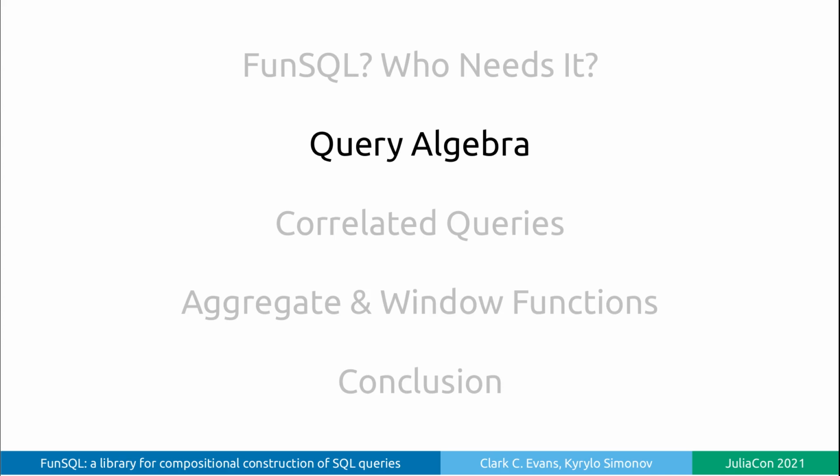I will assume that you are familiar with SQL and will not explain the semantics of particular SQL operations. However, I'll describe how FunSQL query objects are translated into SQL, especially when this translation is not straightforward. In many cases, FunSQL significantly deviates from the lexical structure of SQL, and I'm going to justify it by demonstrating how it makes query construction more composable.